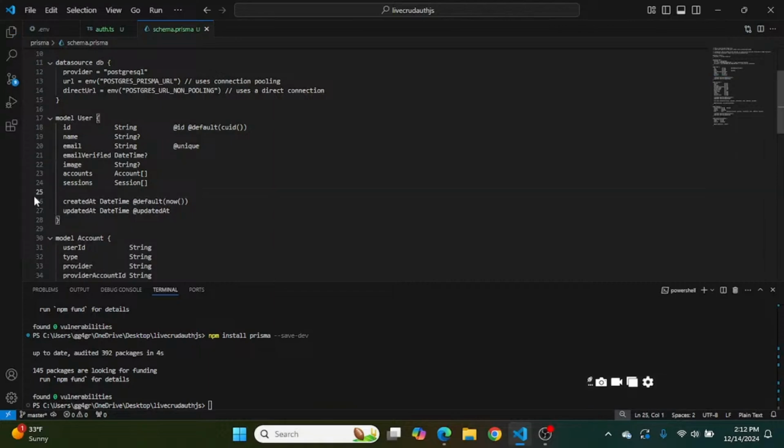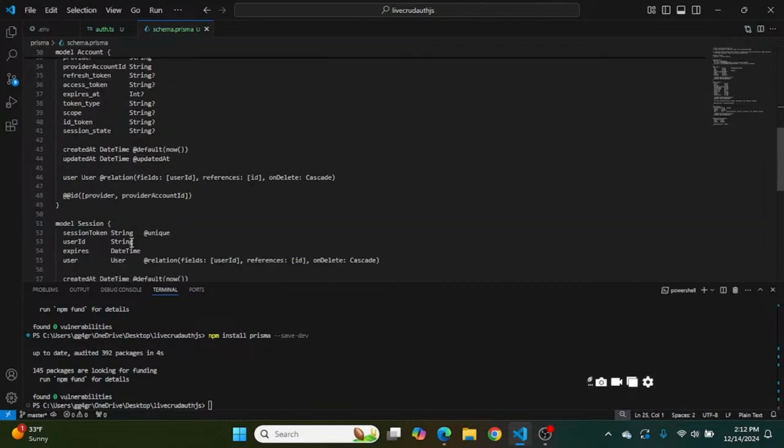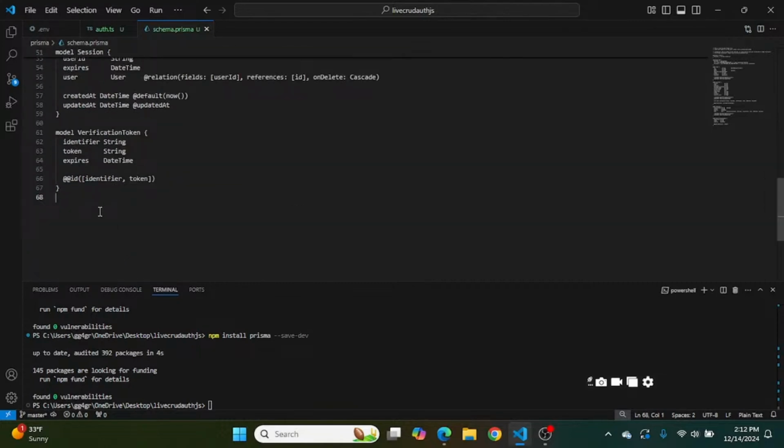The only thing we'll need to do now is add the client model. And once we add the client model, make sure that there's a relation between the client model and the user, because we want the user to have the ability to get all of their created clients, as this is a personal client tracker. In the schema.prisma file,